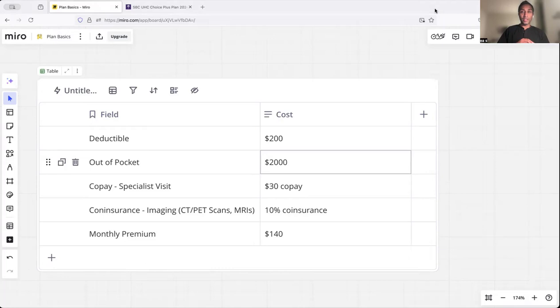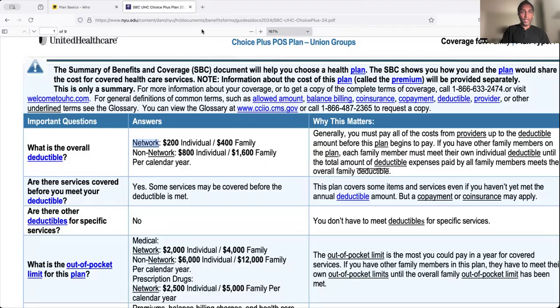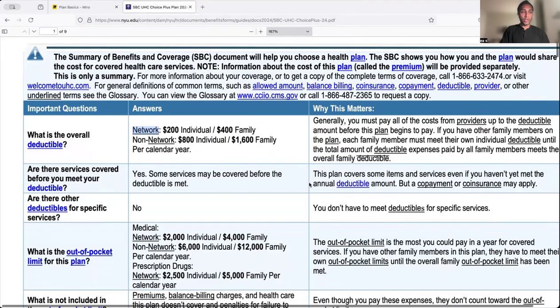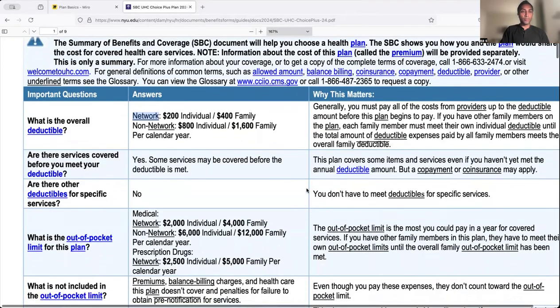Before diving into these terms, I want to give you an idea of where I pull these from. Typically, you will have access to the insurance plan's summary benefits document. It is a PDF that has all the information you need to make a decision on the insurance plan. You can see what the deductible is and all the costs for all of the different types of doctors and